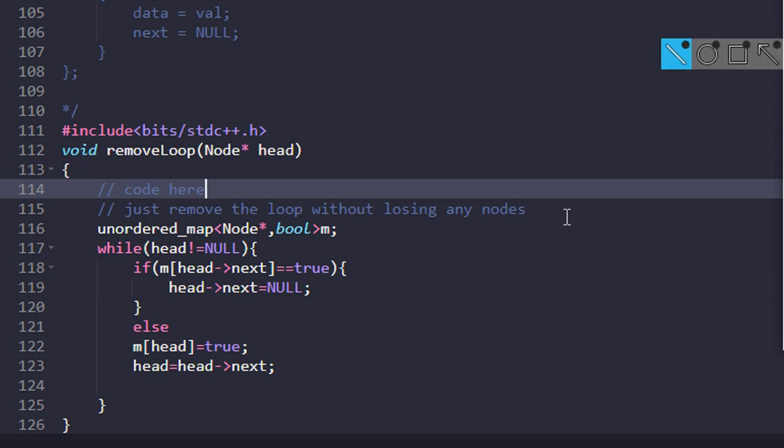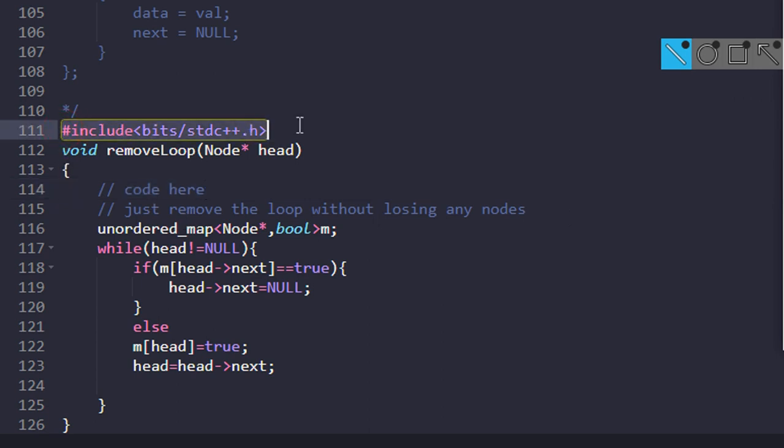This is GeeksforGeeks. I copied the same code, but I also included bits/stdc++.h because here they wanted me to solve this question in O(1) extra space, but as I told you, we are using a hash map here, so it will take more space. Because of this, I included bits/stdc++.h so that I can use unordered map as well.